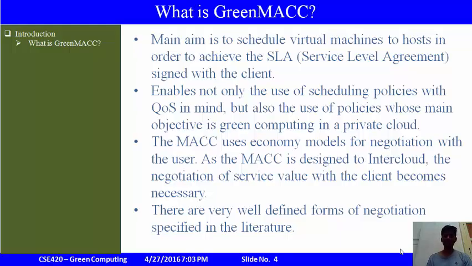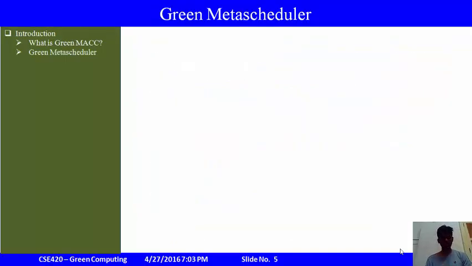The MACC uses economy modules for negotiation with the user. As the MACC is designed for intercloud, the negotiation of service value with the clients becomes necessary. There are very well defined terms of negotiation specified in the literature, which we will be seeing later in the presentation. Now coming on, the green meta scheduler,